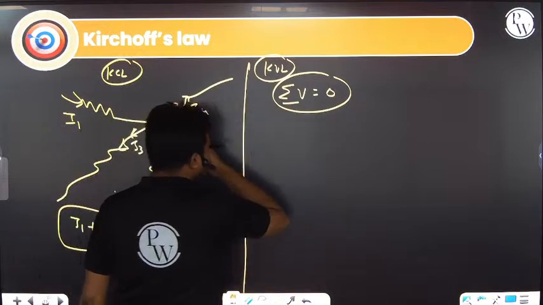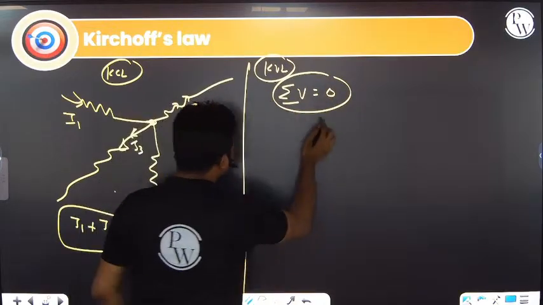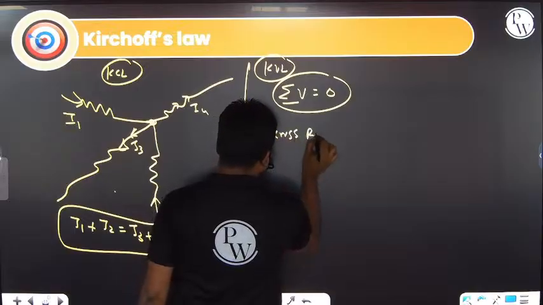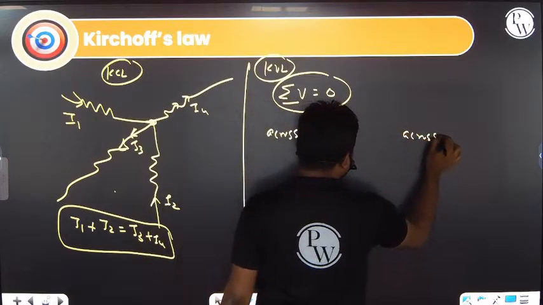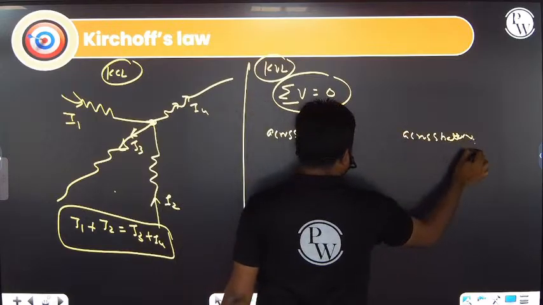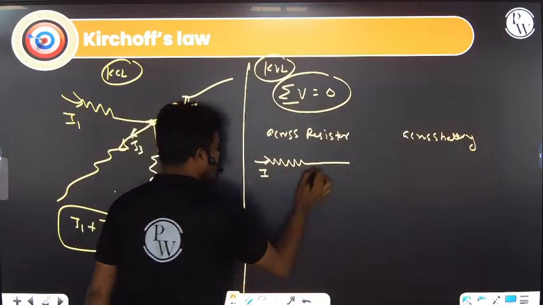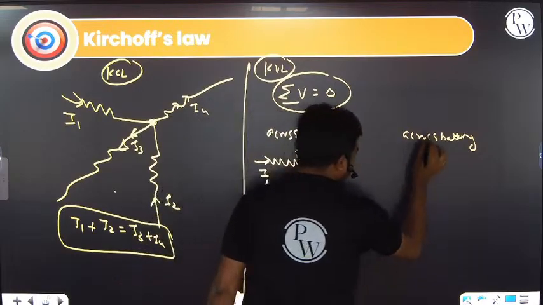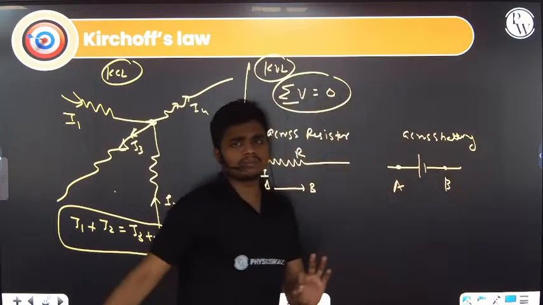There are some rules that we have to follow when we are applying Kirchhoff's law. For example, across the resistor and across the battery. Suppose I am going this way across the resistor, where the current is I and the resistance is R, from A to B. Across the battery, suppose I am going from A to B. It doesn't matter in which direction the current is, but